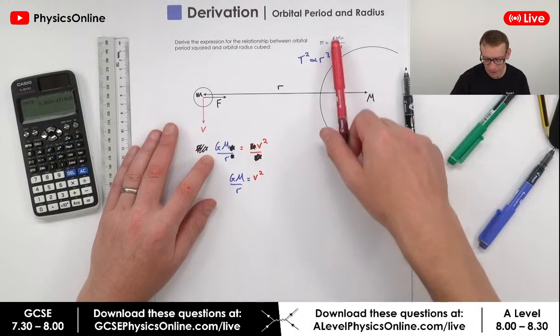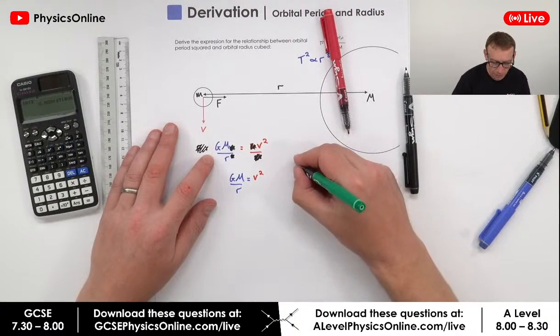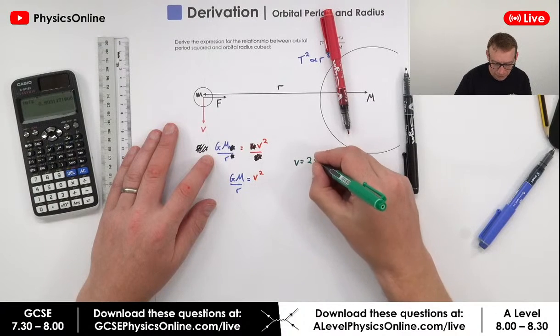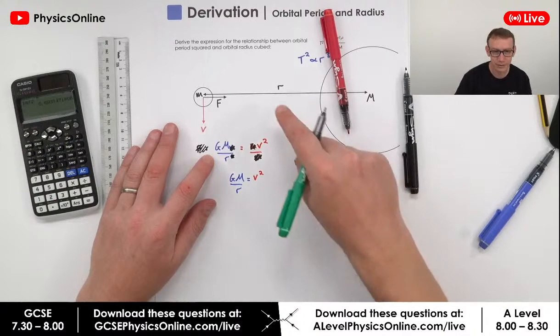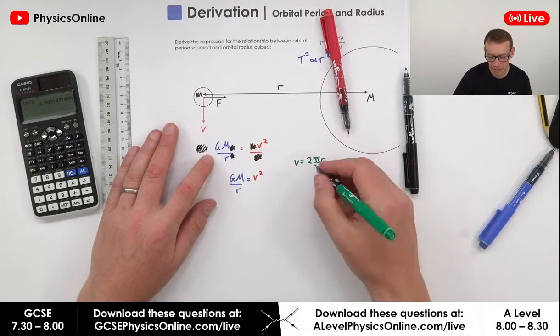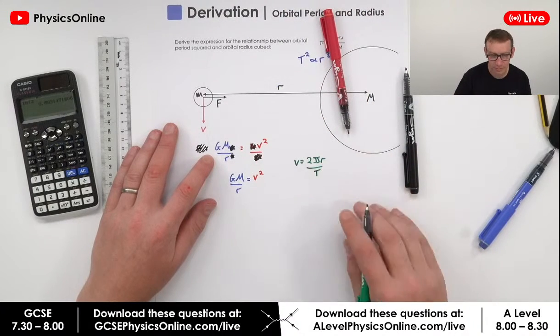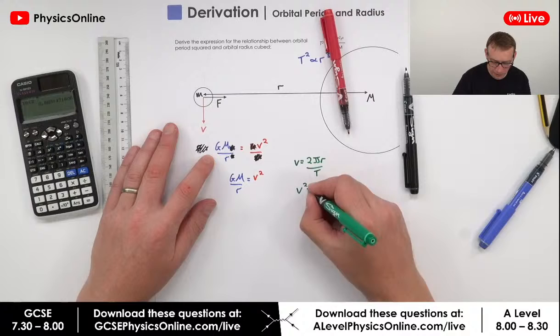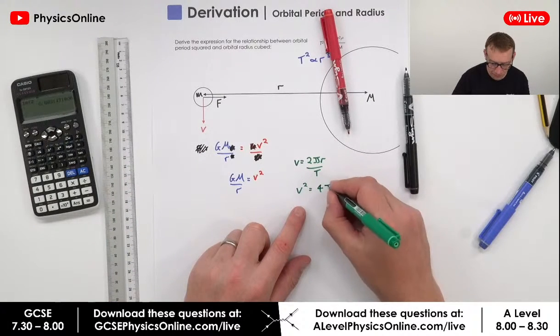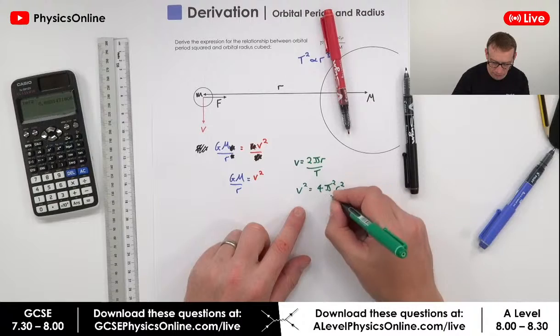Well, we know that, I'm going to go into green, we know that the velocity of an object in a circular path is equal to the distance travelled, which is one circumference of that circle, so that's 2 pi r, divided by the time period. And that means v squared, if we square both sides of this, is equal to 4 pi squared r squared